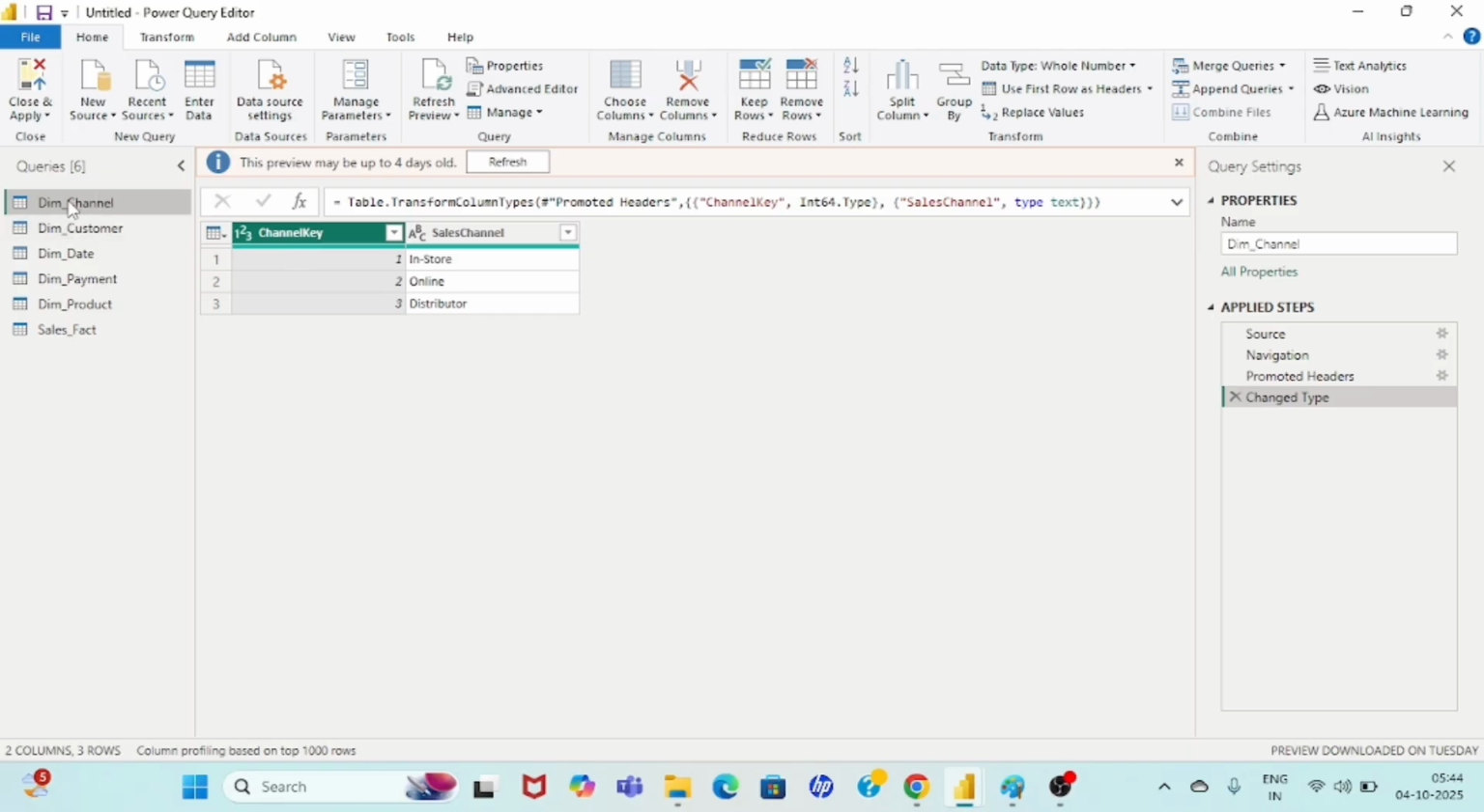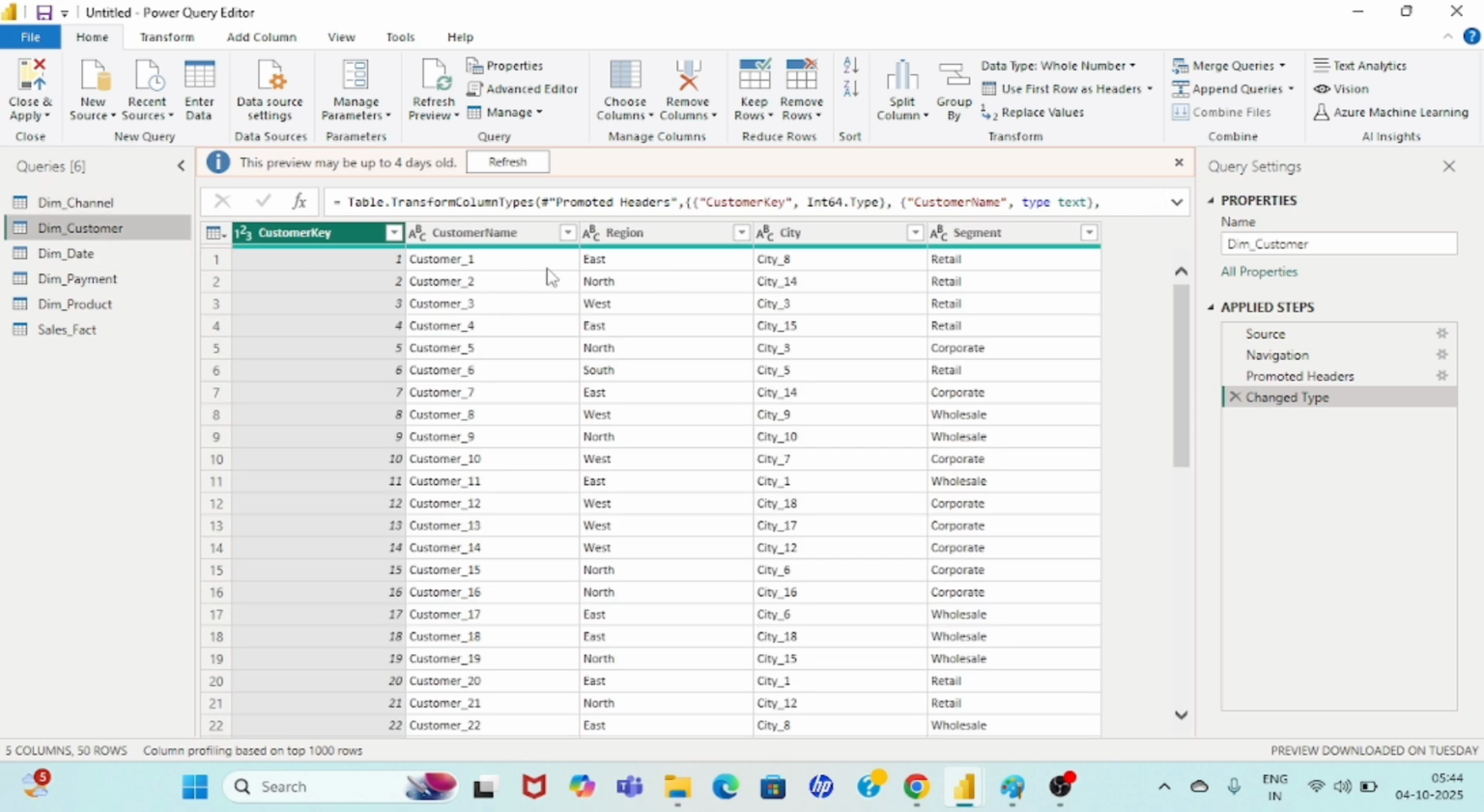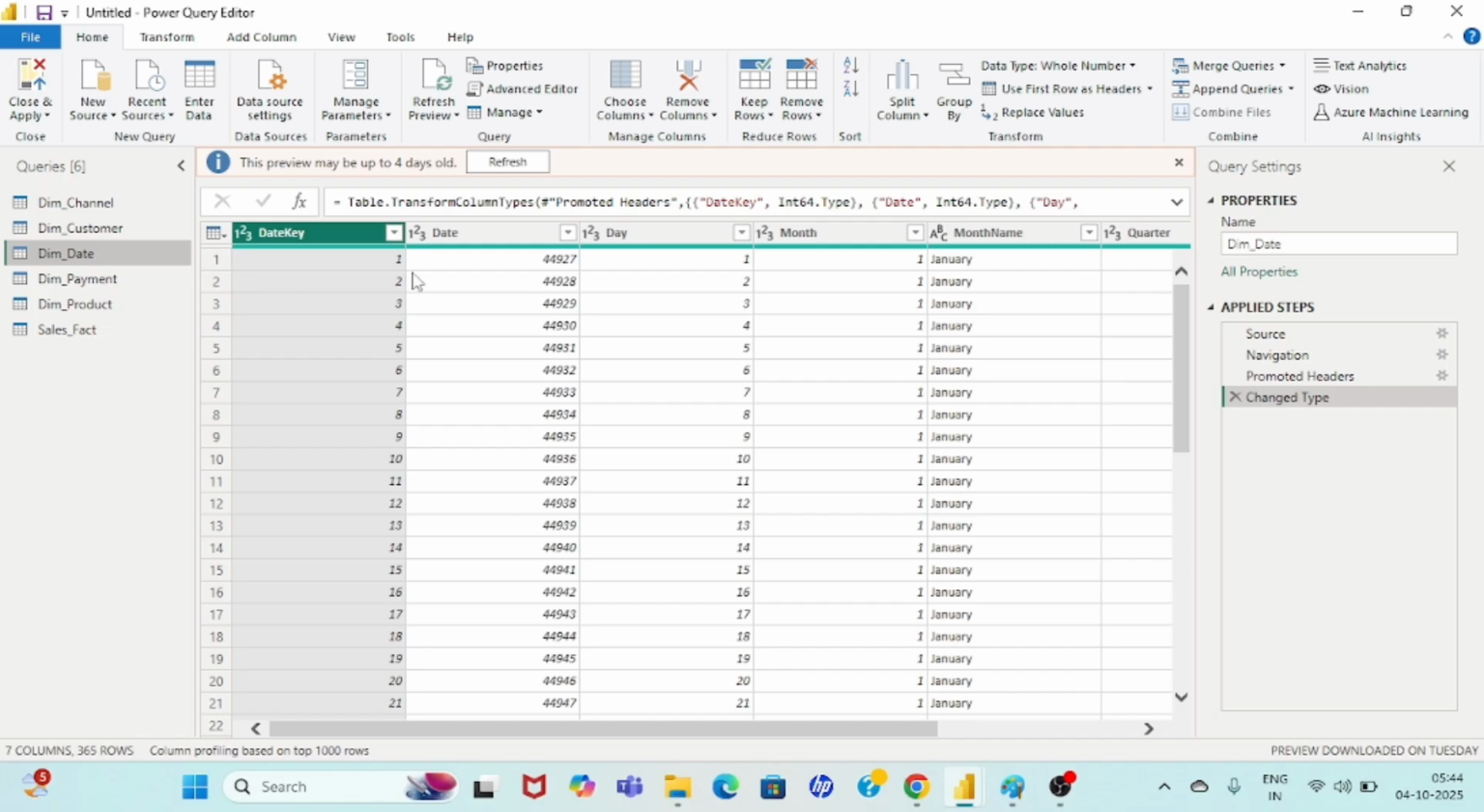So here, dimension channel, you could see the channel key is there, and the sales channel is there: in store, online, distributor. So those are aligned. Okay, now check for dimension customer. So here also the data type is correct, and it is reflecting. Now dimension date. So here also